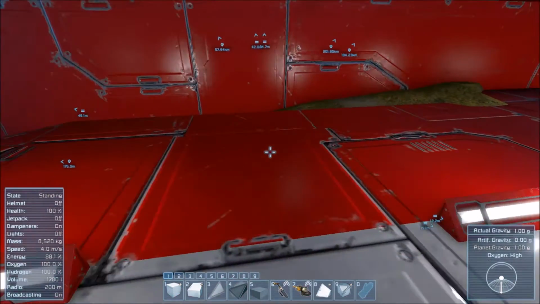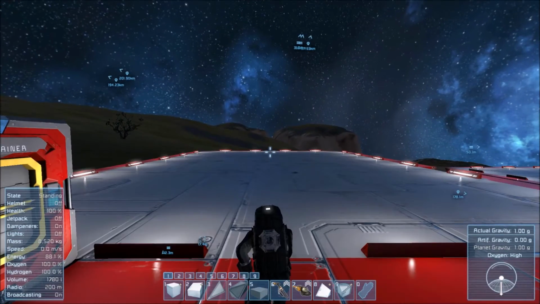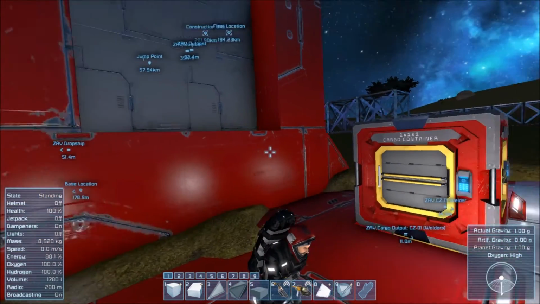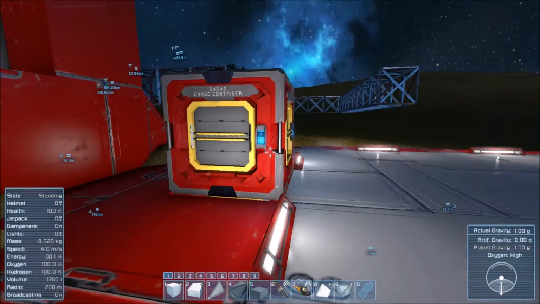I've also extended the platform over here so that we actually have room to store the projector ship that will sit around here. Something like that. I still have my red helmet and black suit for some reason. I don't know how that's happened. Yeah. So, first of all,